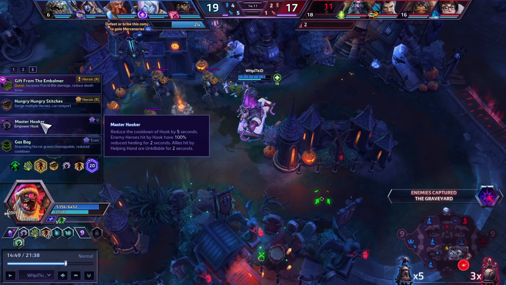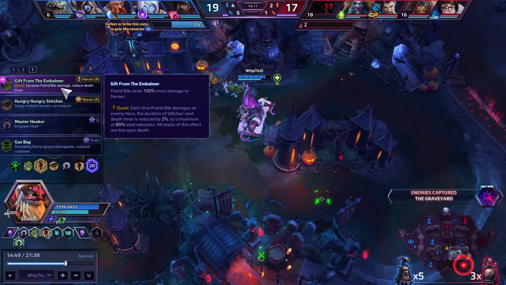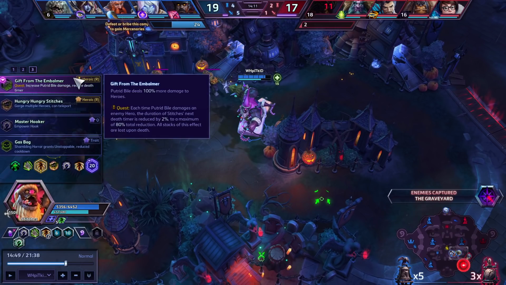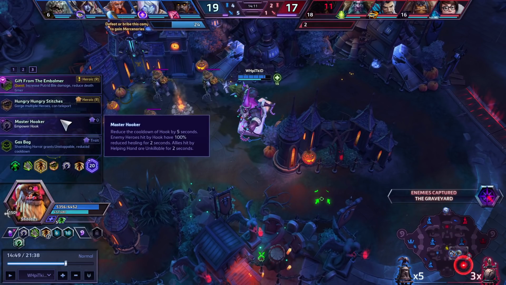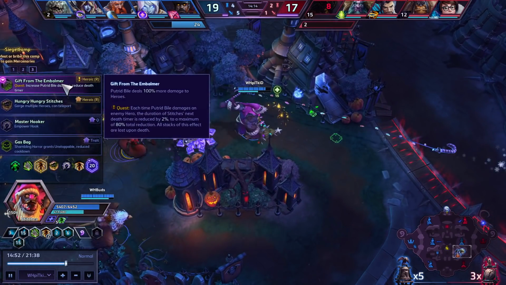Now, on top of this talent, there is a lot of debate over the Putrid Bile upgrade, which is a talent that I really like, but take my recommendation with a grain of salt. Master Hooker is such a good talent that even though I think this is a great talent, it's still very competitive with Master Hooker. So with that being said, we'll continue playing this, and I will say this is a great talent for Bile